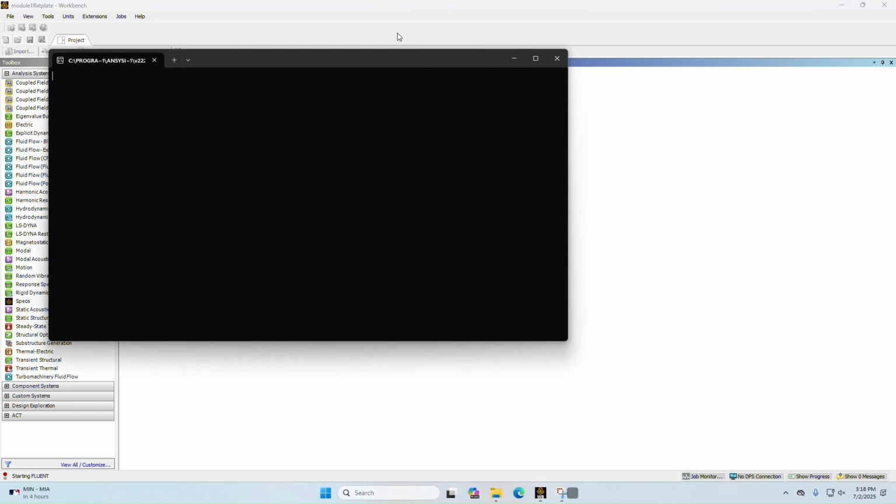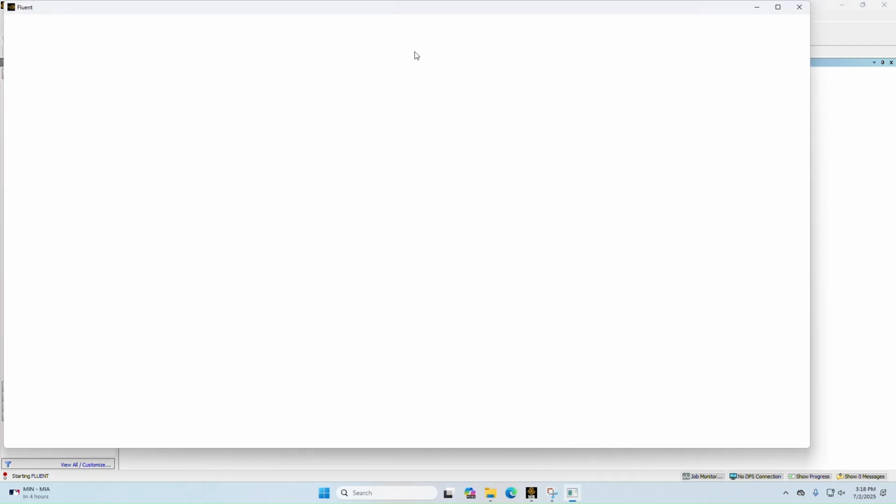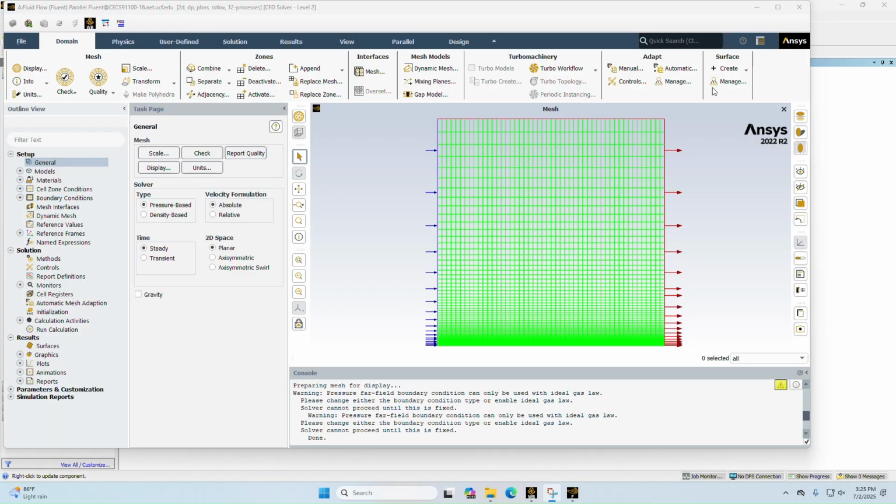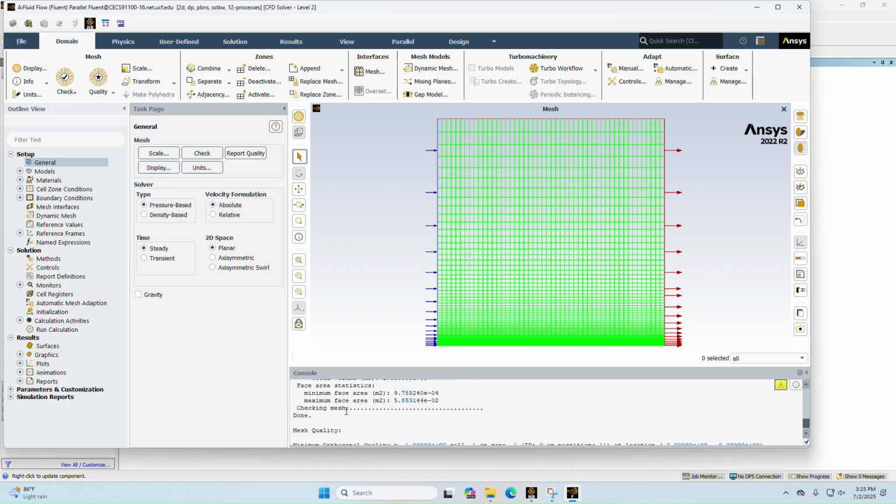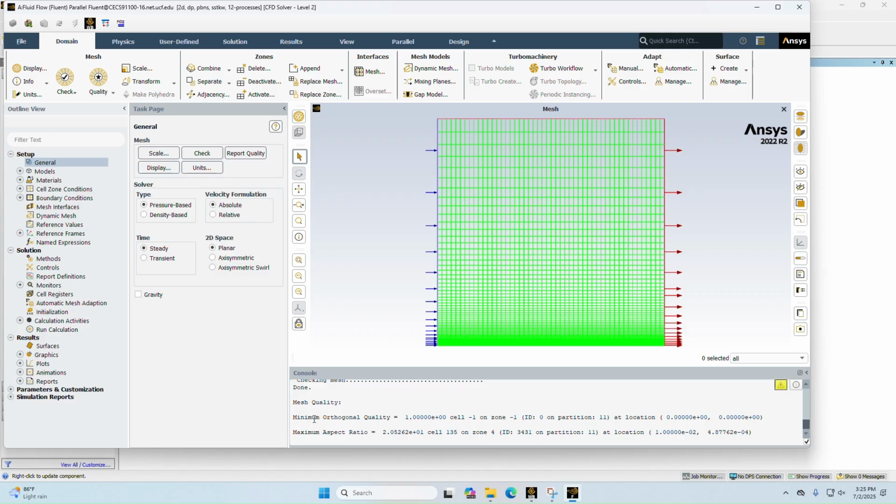It'll take a little bit to load, so we'll skip to when it's fully loaded. Our mesh is loaded into the simulator. We did a check on the mesh to make sure it looks good, and the mesh quality over here in the quality report. In our general settings, we want to make sure our